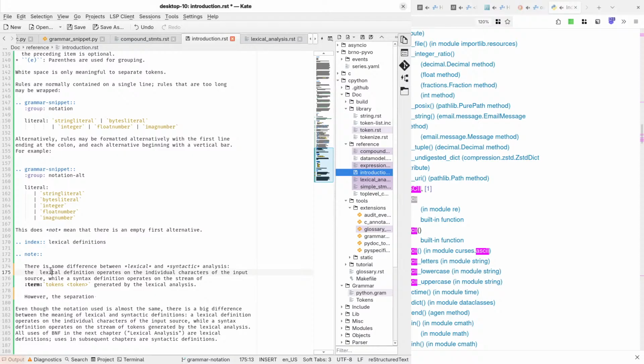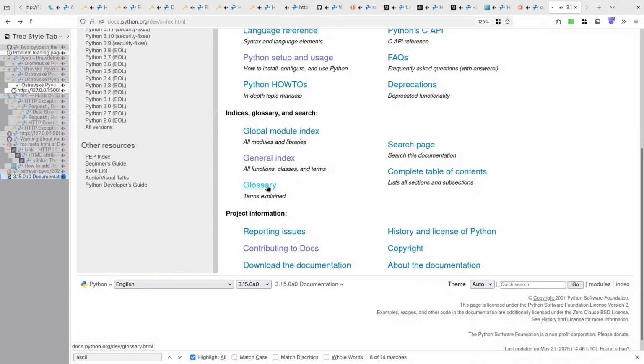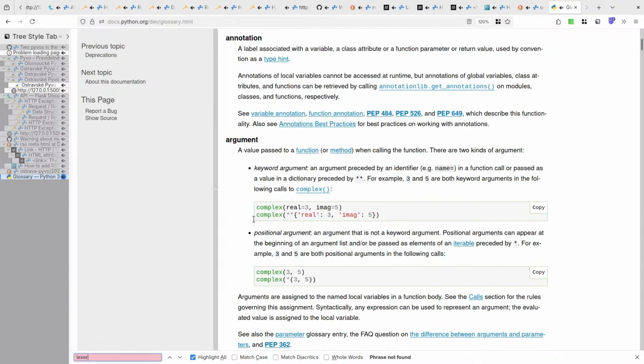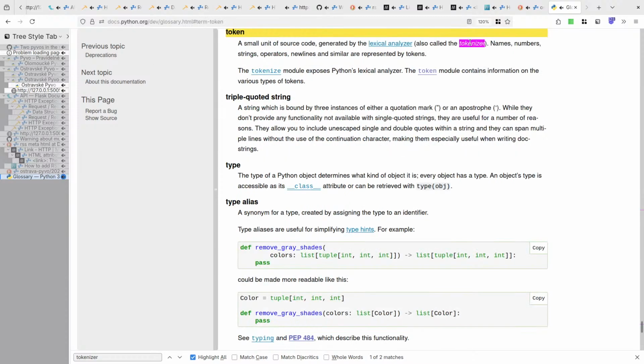We have lexer as a term in the glossary. Let's see. Tokenizer, okay. Lexical analyzer.